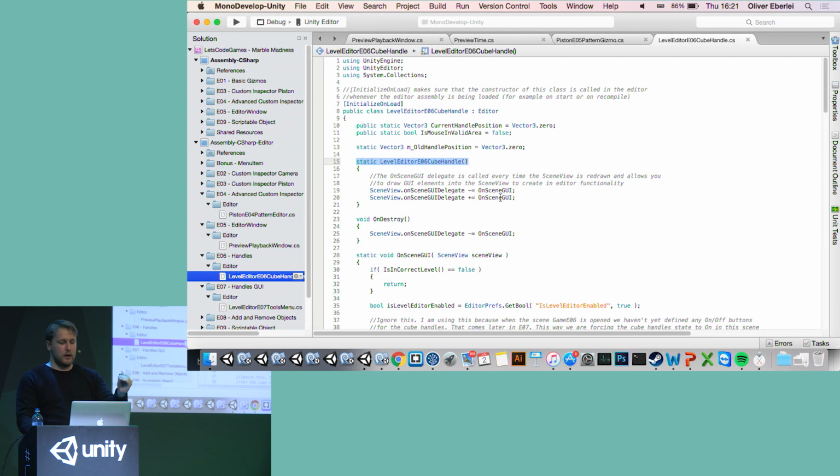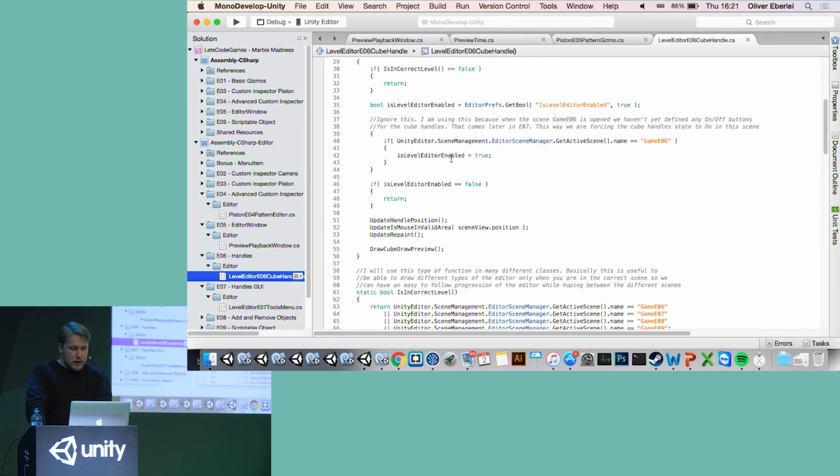So immediately, I just attach myself to the onSceneGUI delegate. The onSceneGUI delegate is basically just, whenever the scene view is re-rendered, this is being called, so I can do some drawing. And what I do here is basically I update the handle position, which is the ray casting I was talking about. Simple stuff like you would do in the game as well.